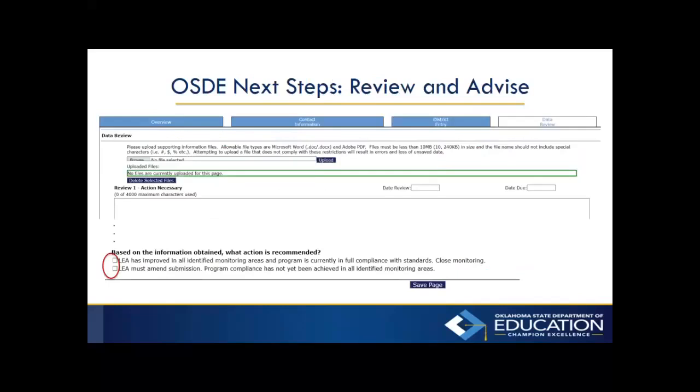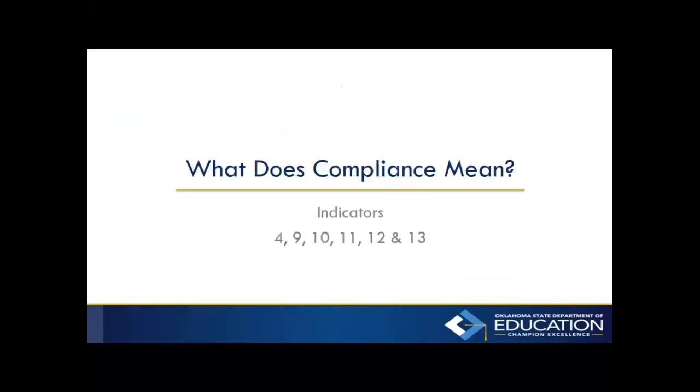So here's where we're going to send some information back to you, requesting additional information. It'll give us the date reviewed and the date it needs to come back. If we send this back to you, you will get an email letting you know that we need additional information before we can approve your improvement plan. Do you have any questions to this point?